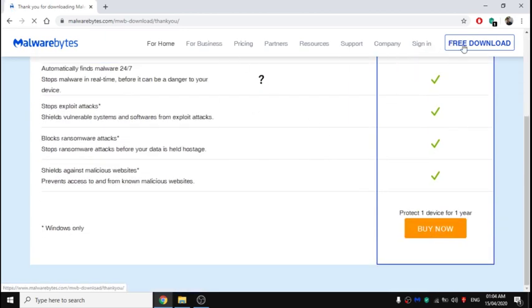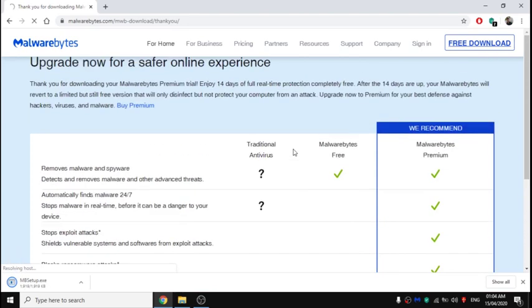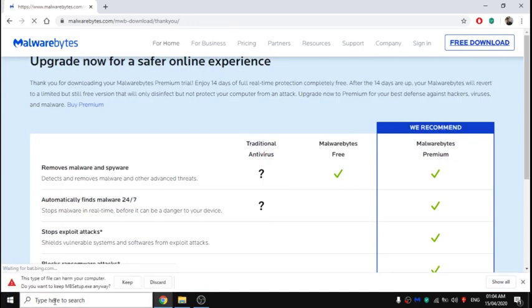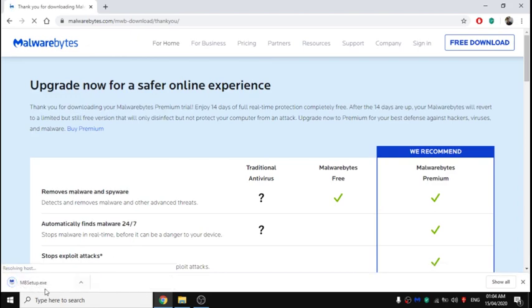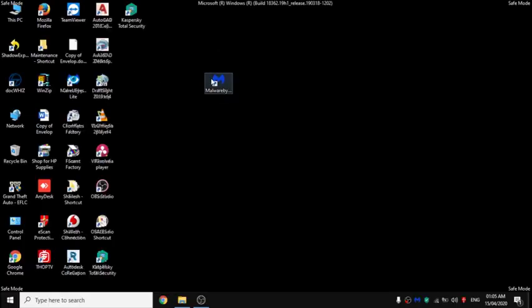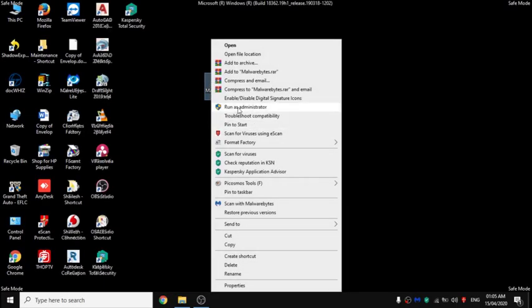You can see the setup file has been downloaded over here. I won't reinstall it because I have already installed it on the system. Here's my file, Malwarebytes. I'm going to run as administrator.